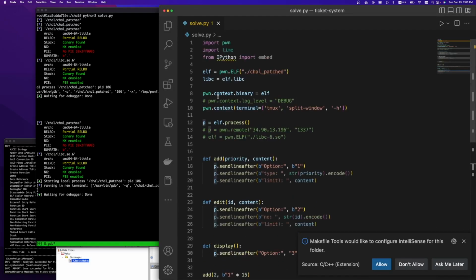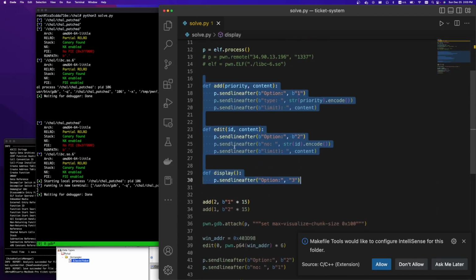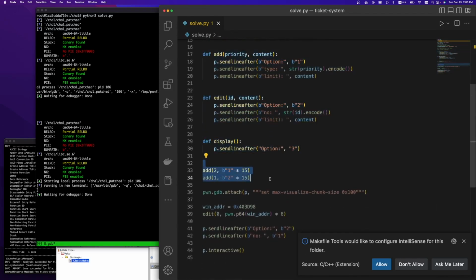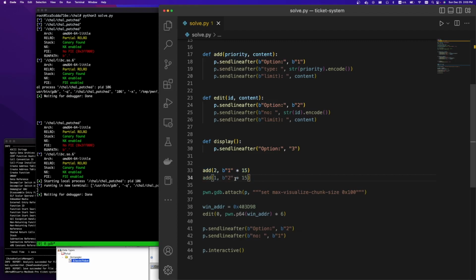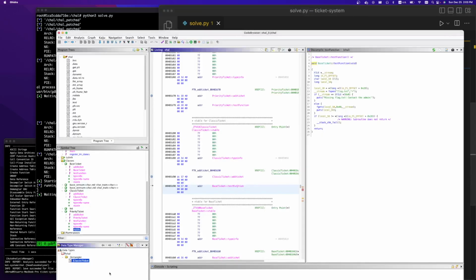Here's the solution script. So we have our three functions that we can do. We can add, edit, and display. What you saw in GDB there is I added two tickets, one with type 1, which is a normal ticket, and a priority 2 ticket, filled them with a bunch of values. Here's our win address. So we're just going to edit the first ticket. We're going to put the win address in a whole bunch of times. Our win address is just